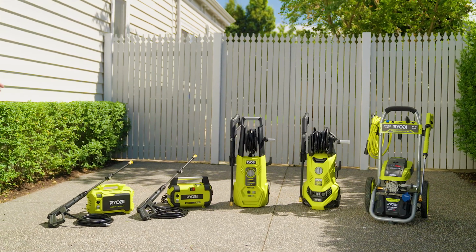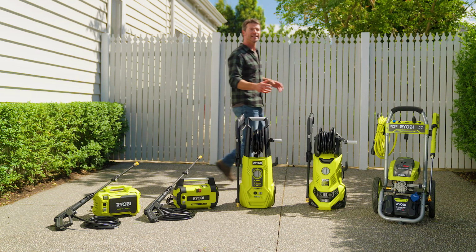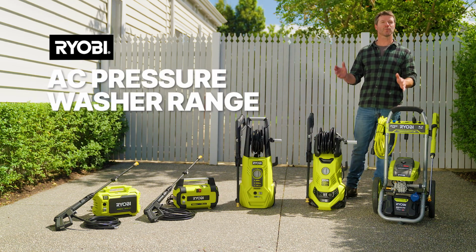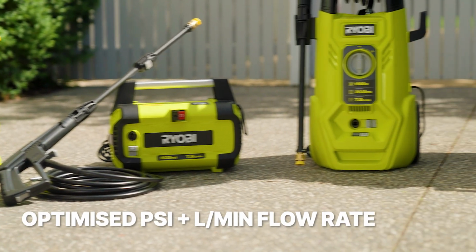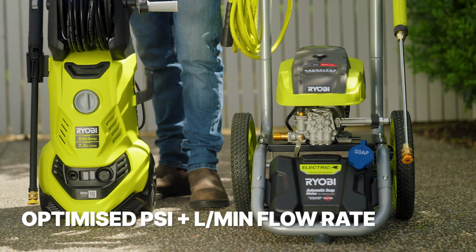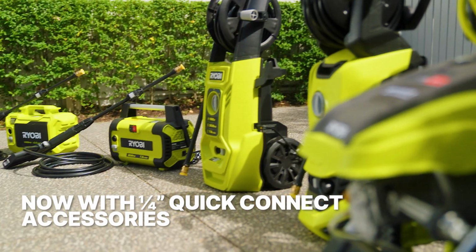Got a driveway with stubborn stains you just can't remove, or a car that never looks really clean, or a deck that needs rejuvenating? RYOBI has a pressure washer to suit every task. Each model in the range has been optimised with the right amount of PSI and water flow rate to deliver the best results. Let's take a quick look at the features of each model to help you make the right